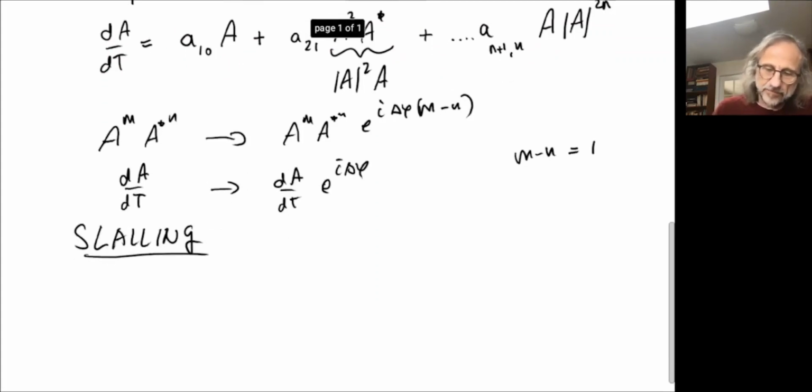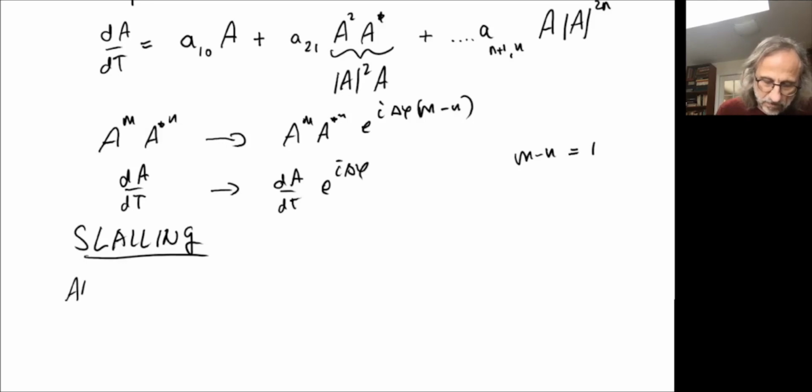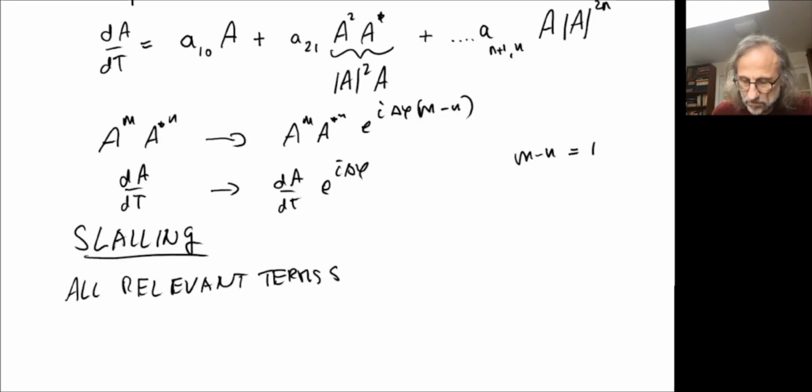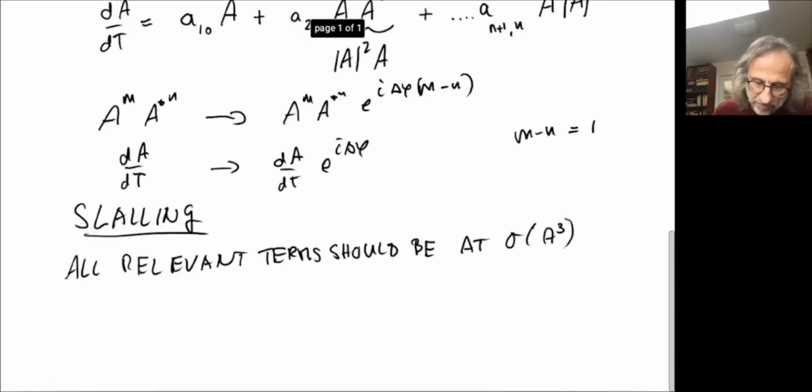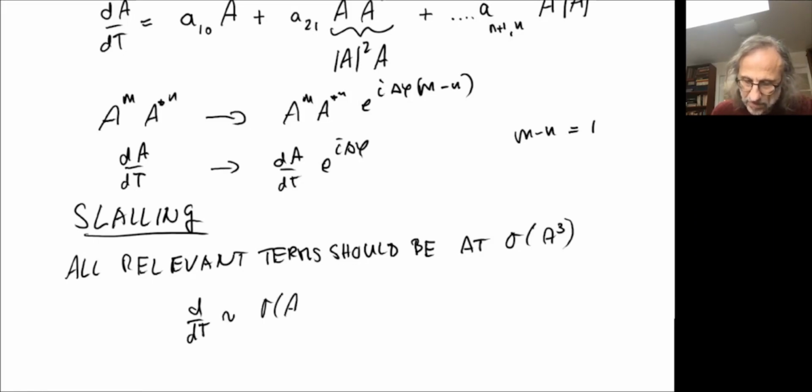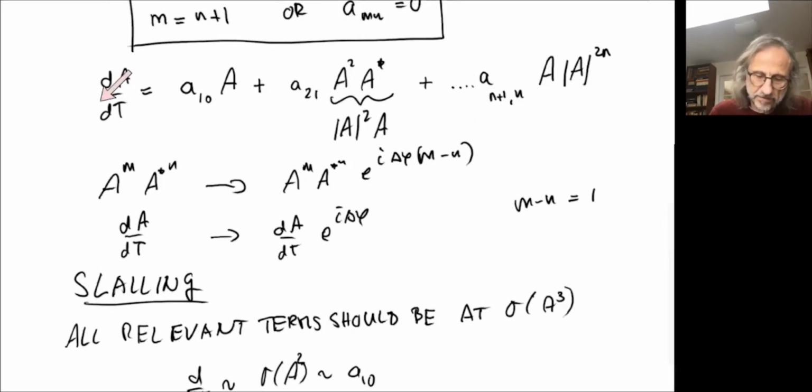So we simply have, let's say, all relevant terms should be at cubic order. Should be at order A cubed. And so therefore we see that d by dt must be of the order of A. And that's the same as an order of A. No, that's not right. Order A squared, right? We need that this thing here overall has to be order A cubed. So d by dt has to be order A squared, as does this coefficient, which I guess we usually would expect